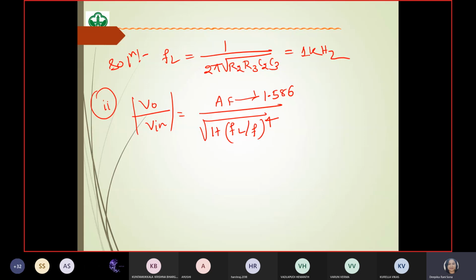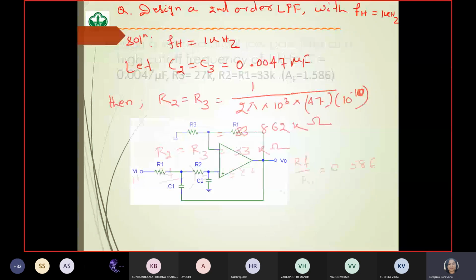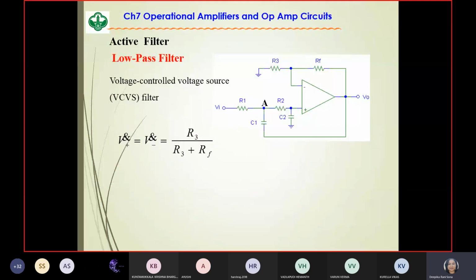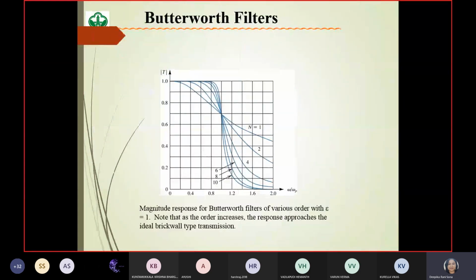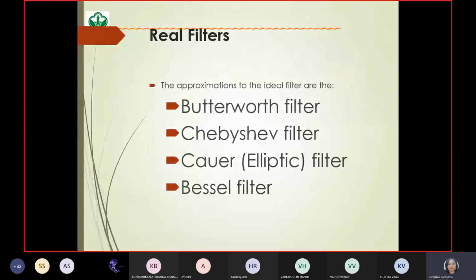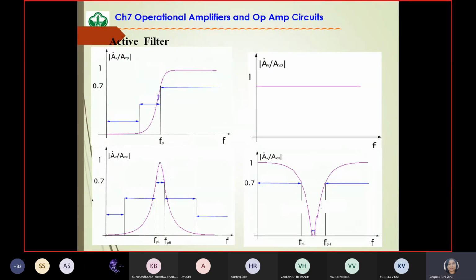Okay, first order low pass we know, high pass we know, second order low pass we know, second order high pass we know. Now how do I design a band pass filter? I have shown you the frequency response of the band pass filter, right? So how do I get a band pass filter? What are the filters I need? If you remember the frequency response, how do I get a band pass filter? What filters should I connect?